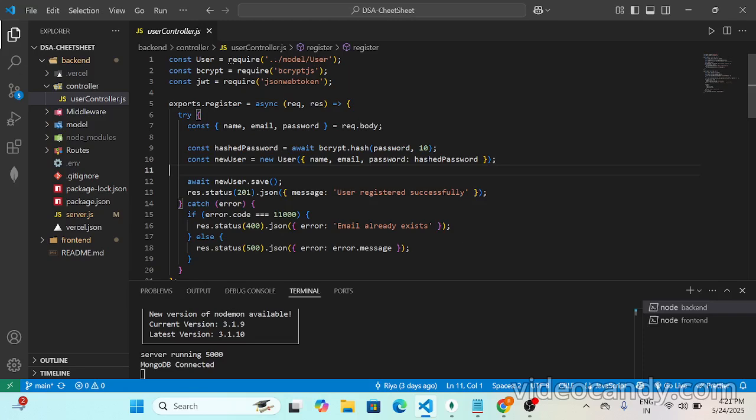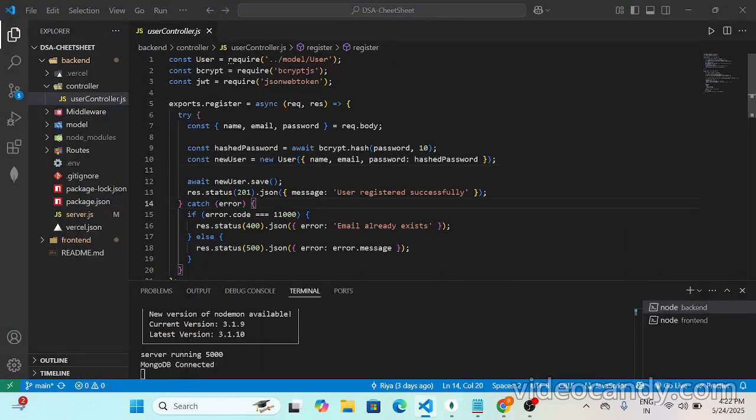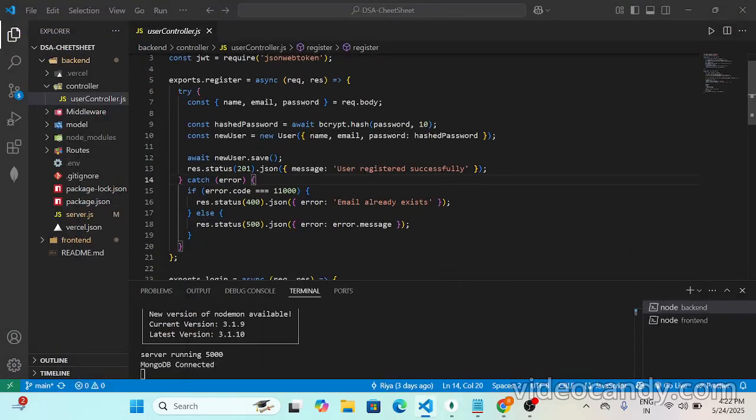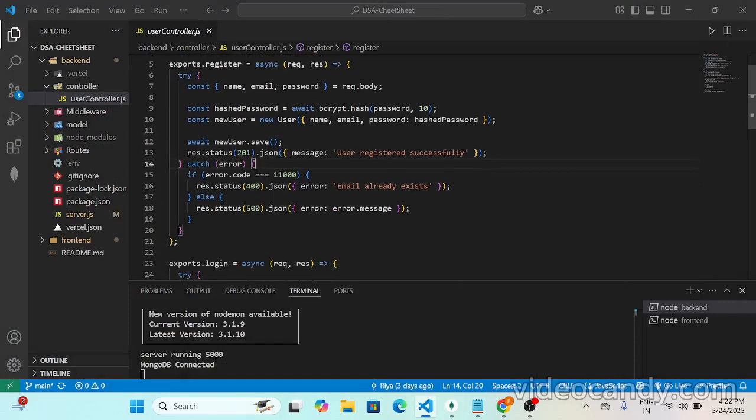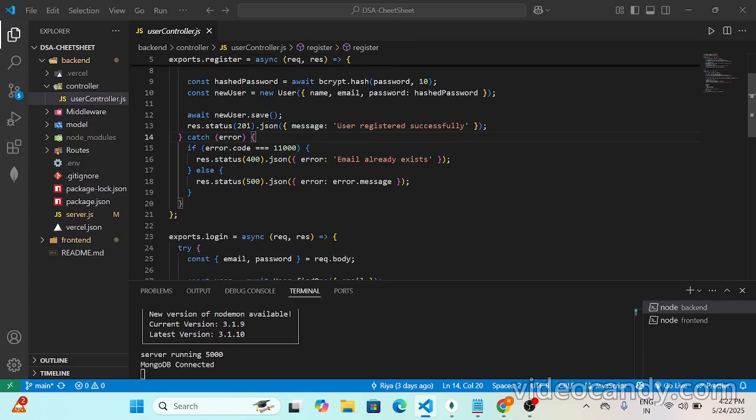If I'm adding react123, in the database it will not go as react123, it will show in the bcrypt hash format. Next, const newUser with name, email, and hashed password, await newUser.save(), and then res.status(201).json message user registered successfully. In catch, if error.code is 11000, res.status(400).json error email already exists, else res.status(500)